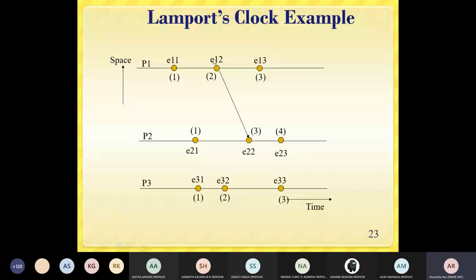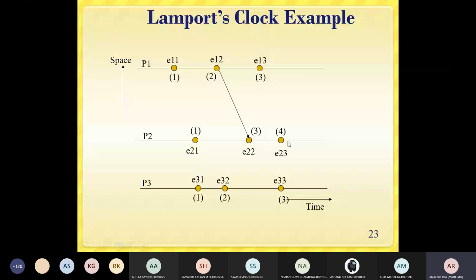But when you check it against the timestamp of the sending event at P1, which is 2, this is the maximum, so it should be incremented by 1. The sending event should always have a value lesser than the receiving event. So this becomes equal to 3.